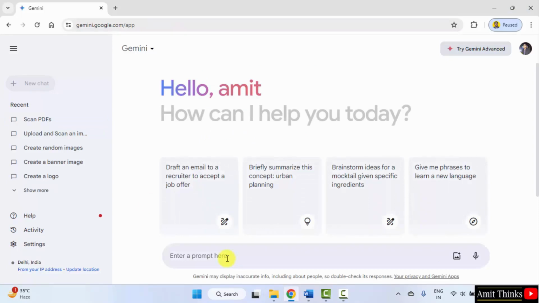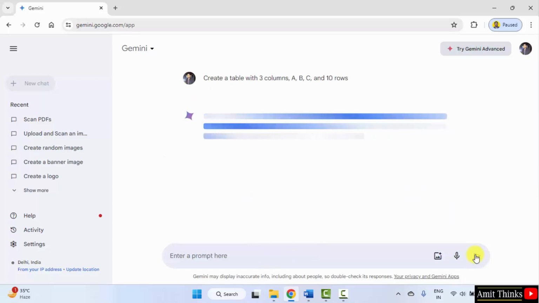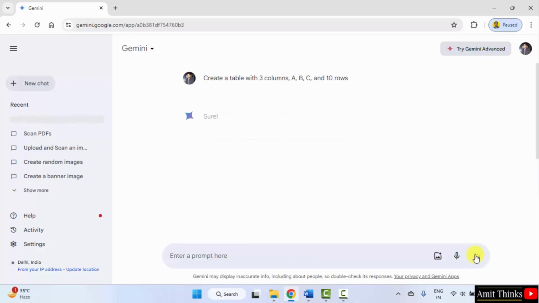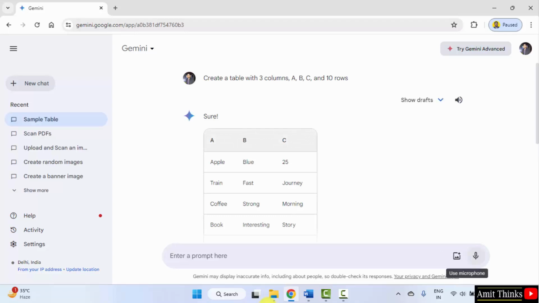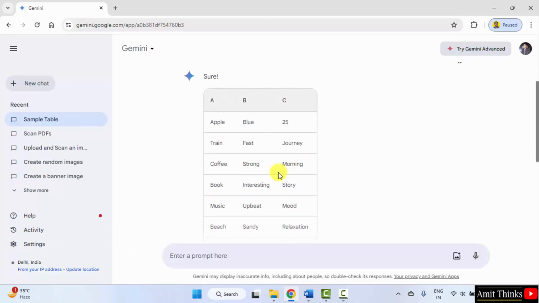Now to create a prompt, type, let's say, create a table with 3 columns and 10 rows. Okay, so we have also mentioned the name of the columns. I'll click submit. So it has created it with some random text. Okay,